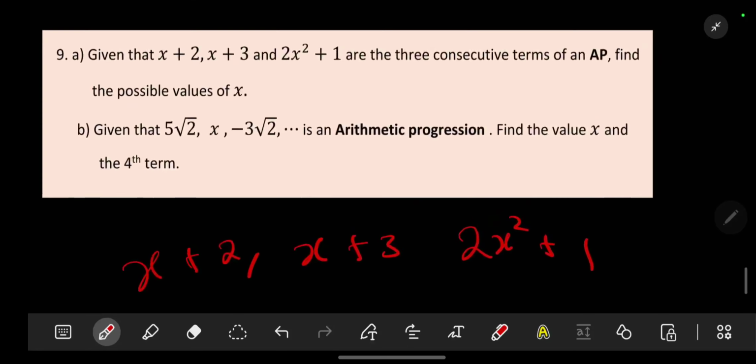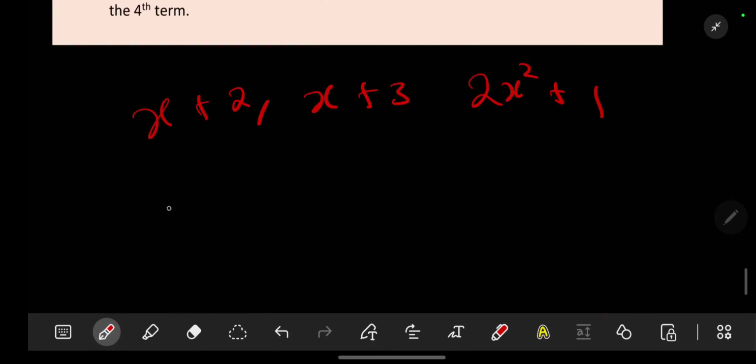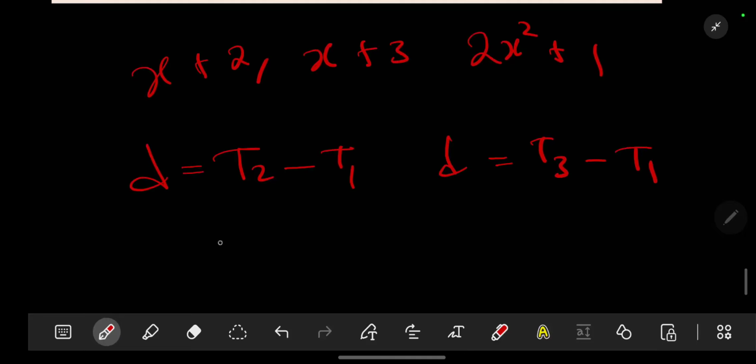So if it is an AP, the common difference is the same. So if you subtract term number 2 minus term number 1, it will be the same as if you subtract term number 3 minus term number 2. So the difference is equal to term number 2 minus term number 1. The difference is also equal to term number 3 minus term number 2. So which will be